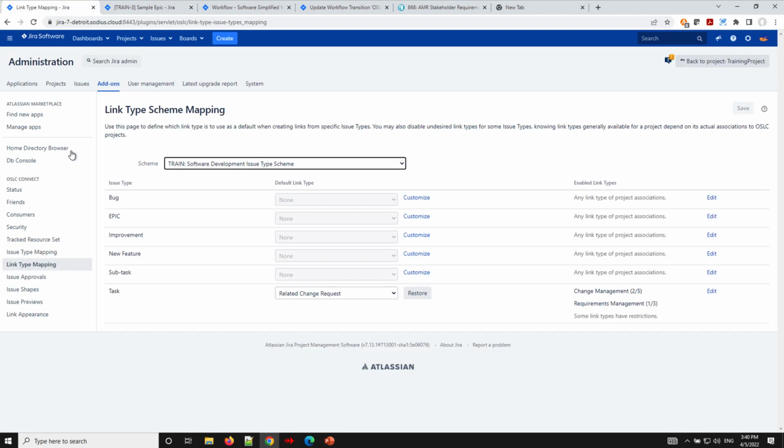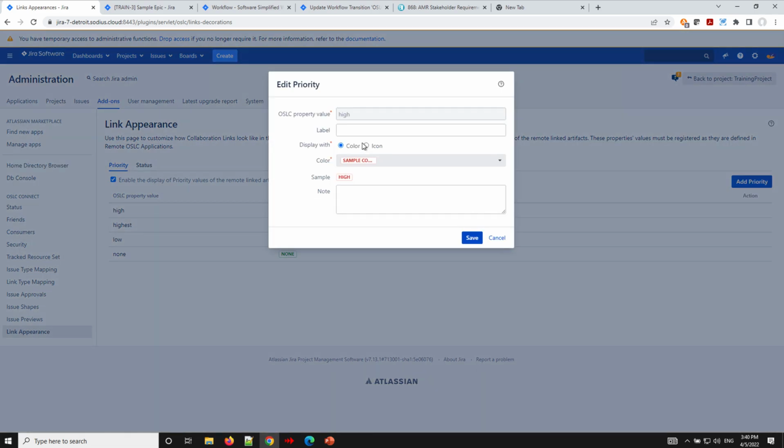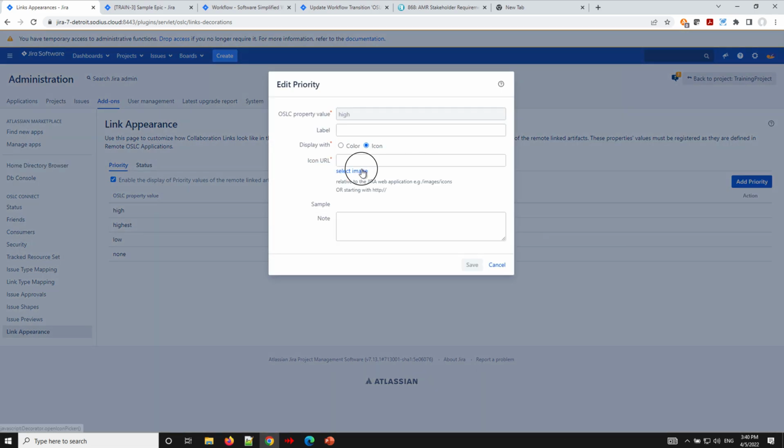So one of the things we added here was link appearance. What we're going to show here is priority and status, which we can control. We can provide textual information about what they should look like so they're visual. We can even change these so we're using an icon instead of a